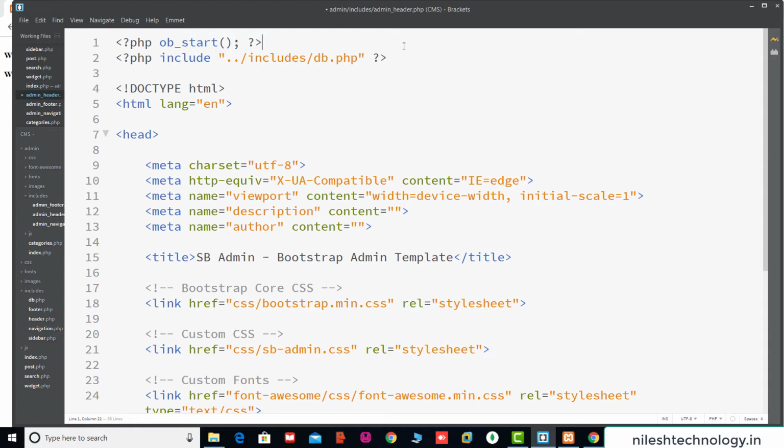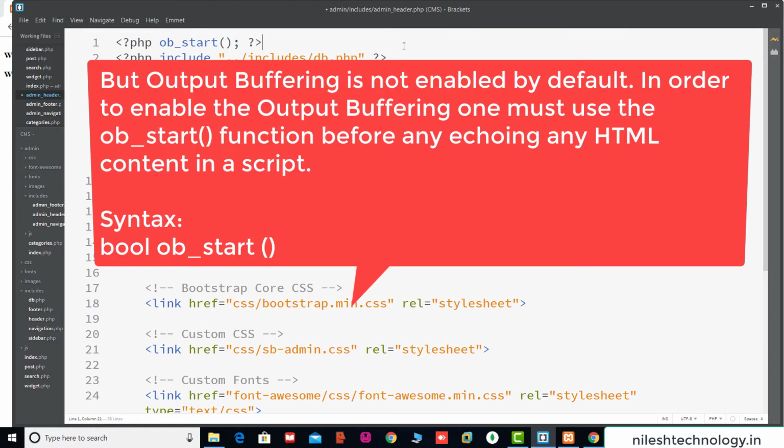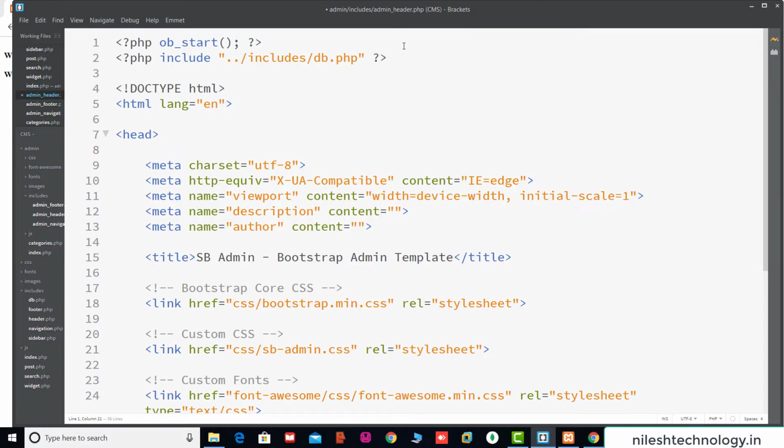Using output buffering, the generated HTML gets stored in a buffer and is sent to render after the execution of the last statement in the PHP script. But output buffering is not enabled by default. In order to enable it, one must use the ob_start function before any echoing or any execution of the PHP script. So that's why here we include the ob_start function, only for this output buffering.